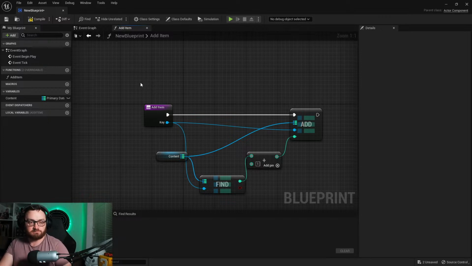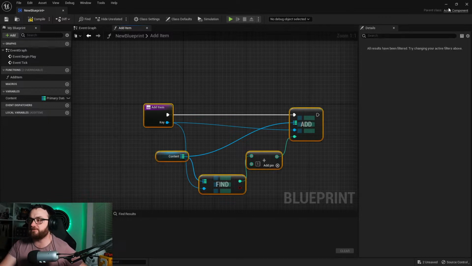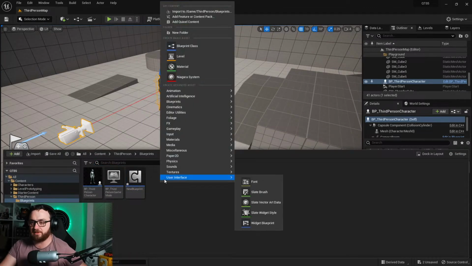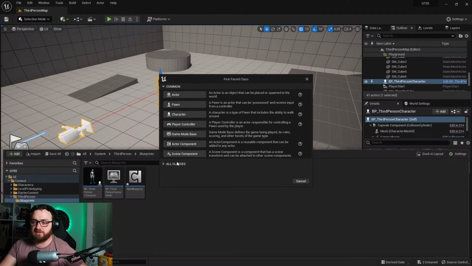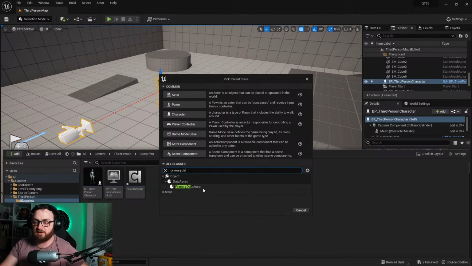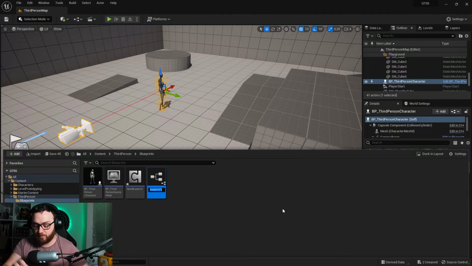Do you want me to show you how data assets work? I've done it before in a couple of other streams, but I'll do it. So you make a new primary data asset class. You name it whatever you want. So, for example, we do item data asset,